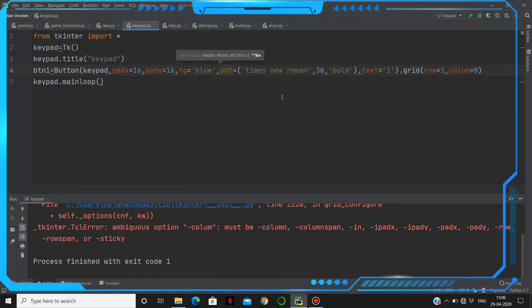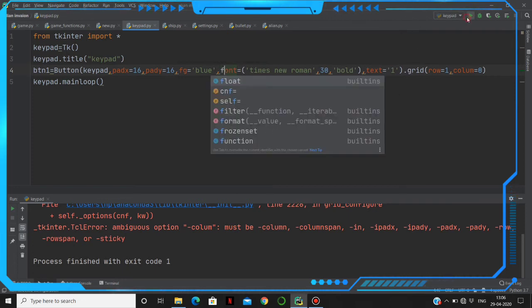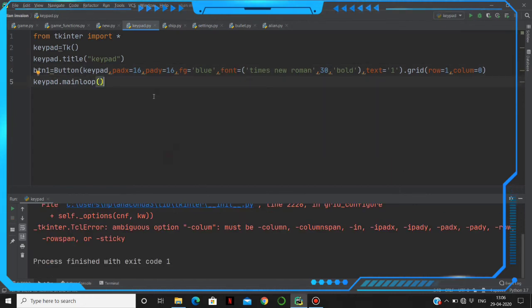Let's run this one. Here it should be font. Let's run this one. It is not getting where row comma column. See here, this column spelling is wrong, that's why it is throwing an error. Now it will work. See here